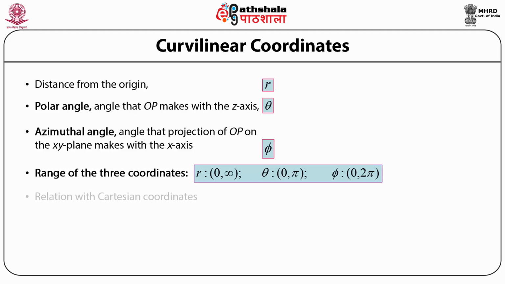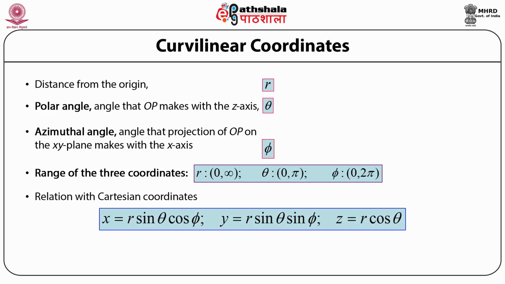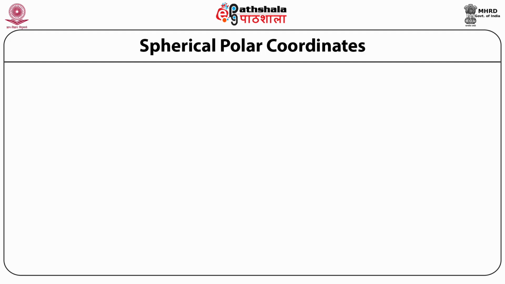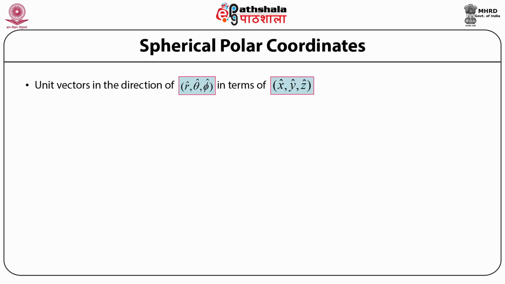And if we want to write down the relation with the Cartesian coordinate system, then the Cartesian coordinate x is equal to r times sine of theta times cos of phi. Cartesian coordinate y is equal to r times sine of theta times sine of phi. And Cartesian coordinate z is equal to r times cos of theta. Now the unit vectors of the spherical polar coordinate system are denoted by unit vector r,